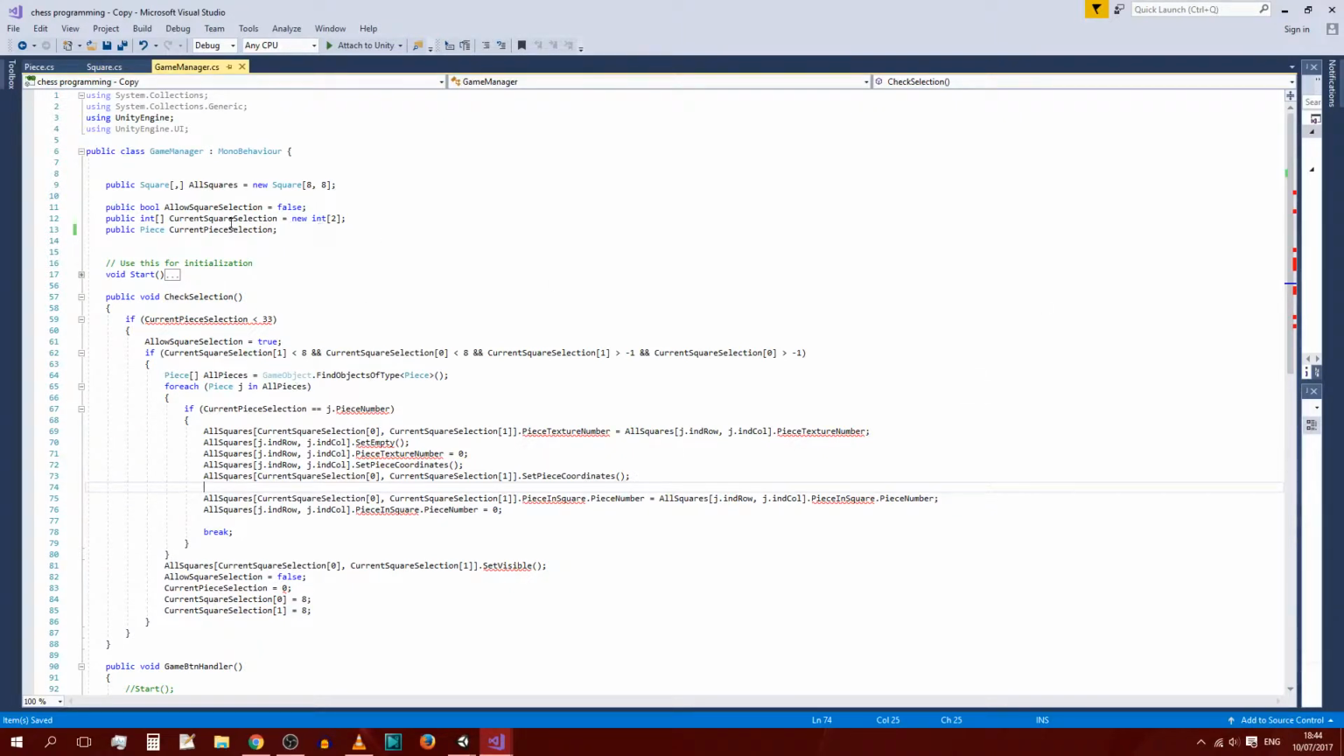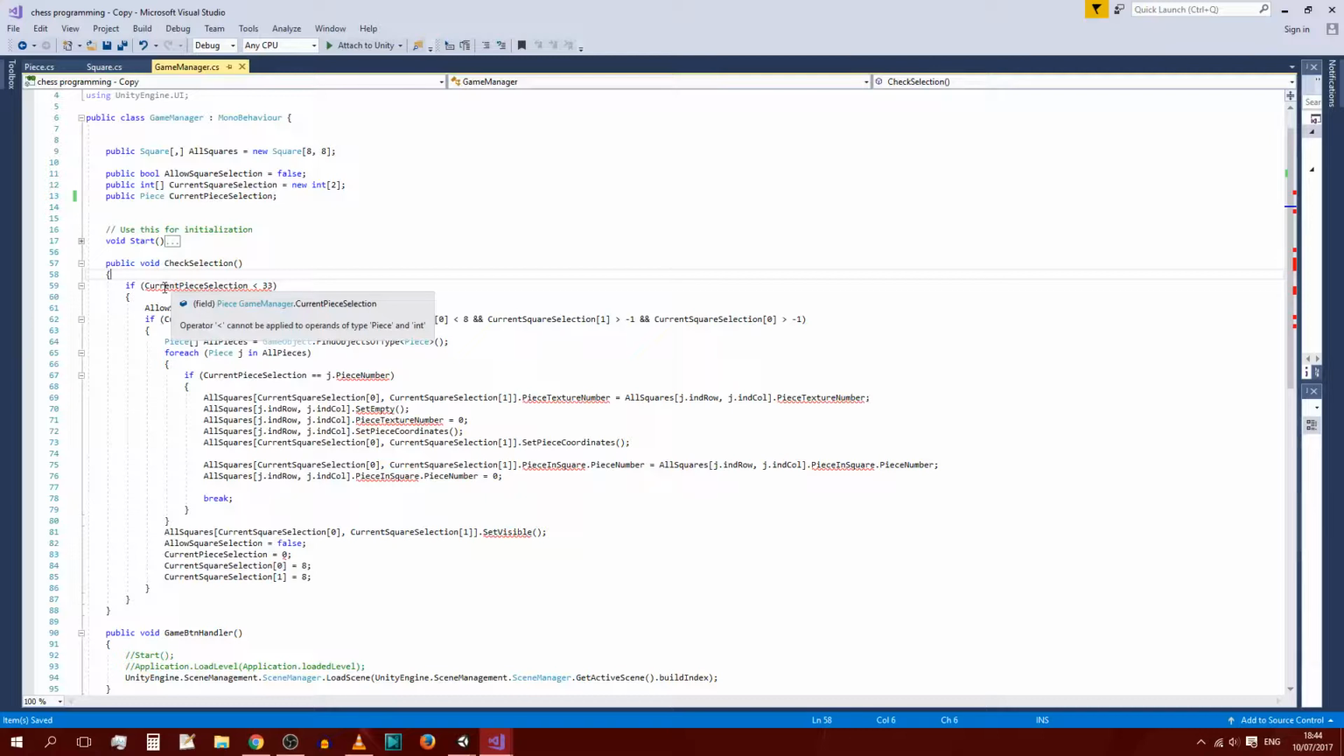So again, we are going to keep our variables at the top. I believe that those are all of the same ones that we are going to need. Yes, we already changed that to piece because that's what we are passing to it. If current piece selection is less than 33, let's actually work on this first, because start is pretty much just going to get deleted completely. You will see why I'm saying that in just a second. So when we want to move the piece, what we actually want to do is,